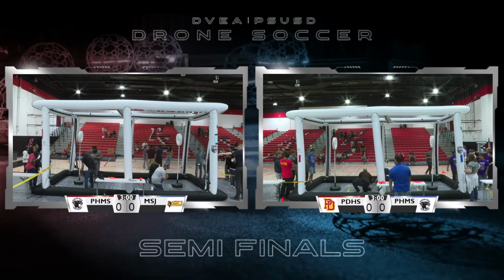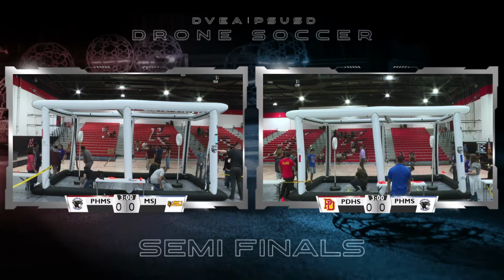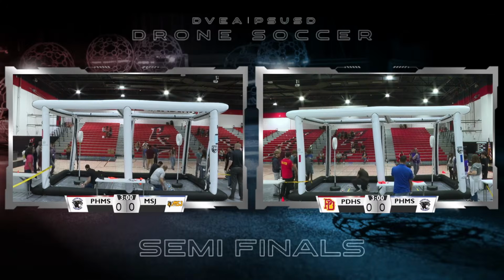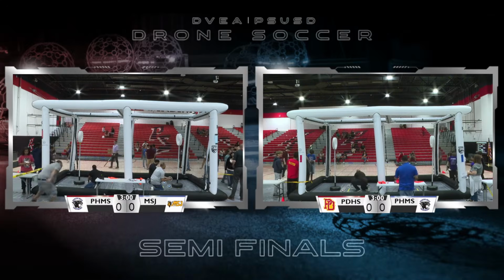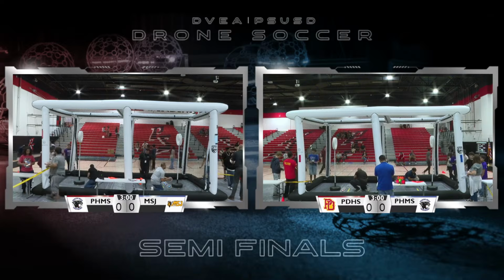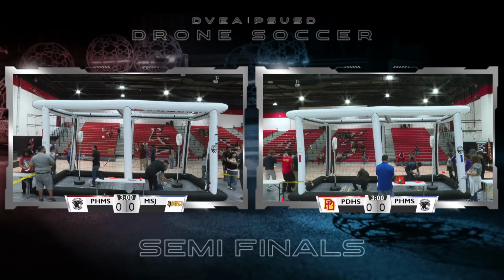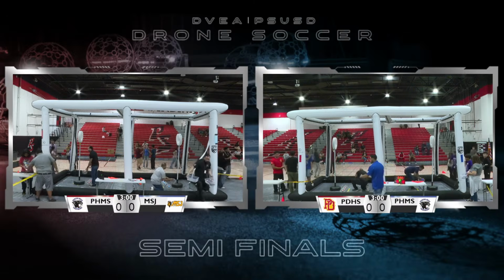They have to make sure that the offensive team gets back to the center field to not be in an offside situation, while at the same time making sure that there's no, what we would say, goaltending or penalties with the goals. Our line judges are also responsible for running around to get new fresh batteries and put these into the drones to make sure that students are playing with a completely fresh set of batteries at the start of each match.